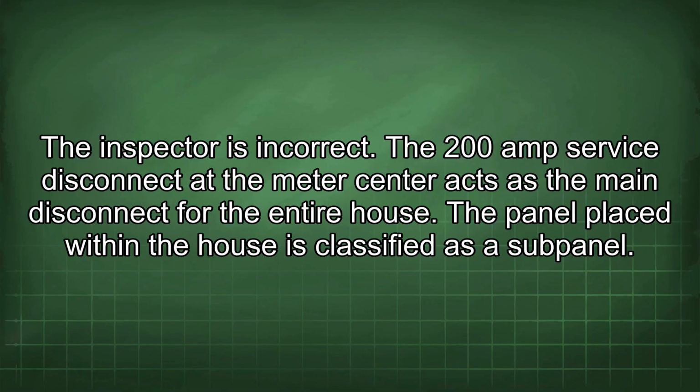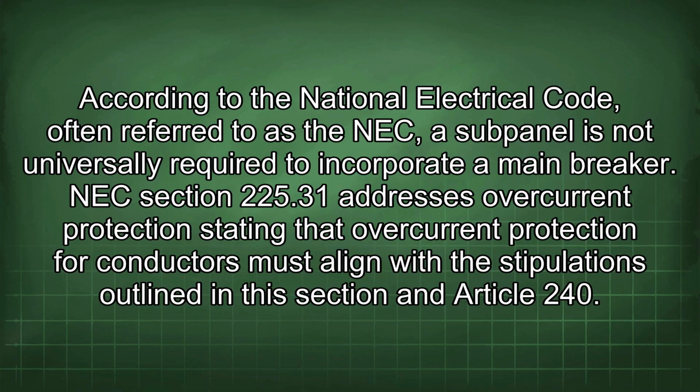The inspector is incorrect. The 200 amp service disconnect at the meter center acts as the main disconnect for the entire house. The panel placed within the house is classified as a subpanel. According to the National Electrical Code, often referred to as the NEC, a subpanel is not universally required to incorporate a main breaker. NEC Section